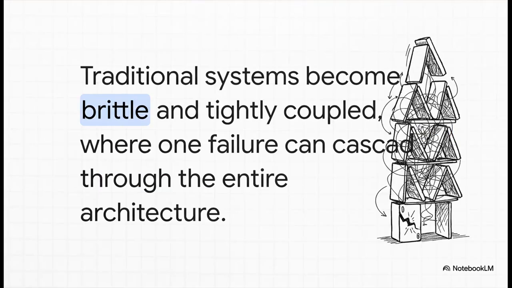Well, a big part of the problem is in how systems have traditionally been built. Everything is connected directly to everything else. Think of it like a house of cards. Each service is tightly coupled. And if just one card wobbles, say your payment service has a hiccup, it can trigger a chain reaction that brings the whole thing crashing down. That's a cascading failure. And trust me, it is an absolute nightmare for any engineering team.